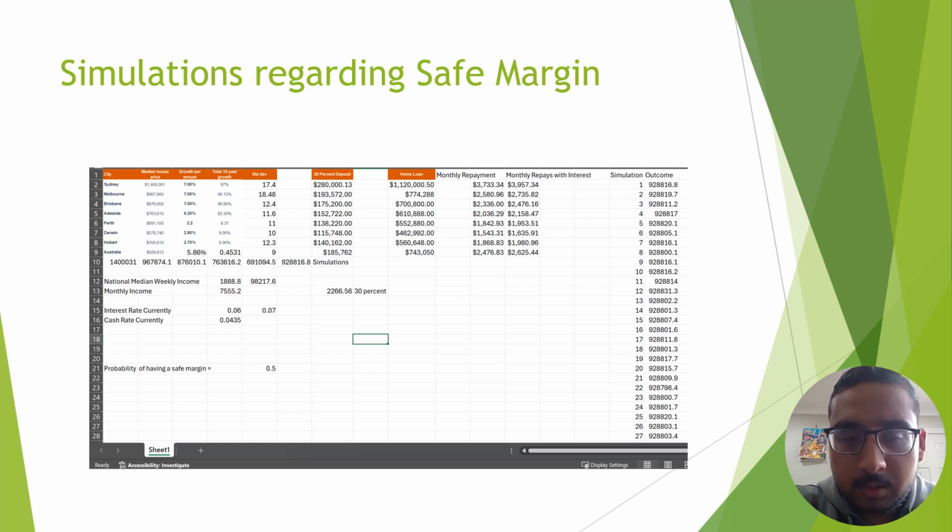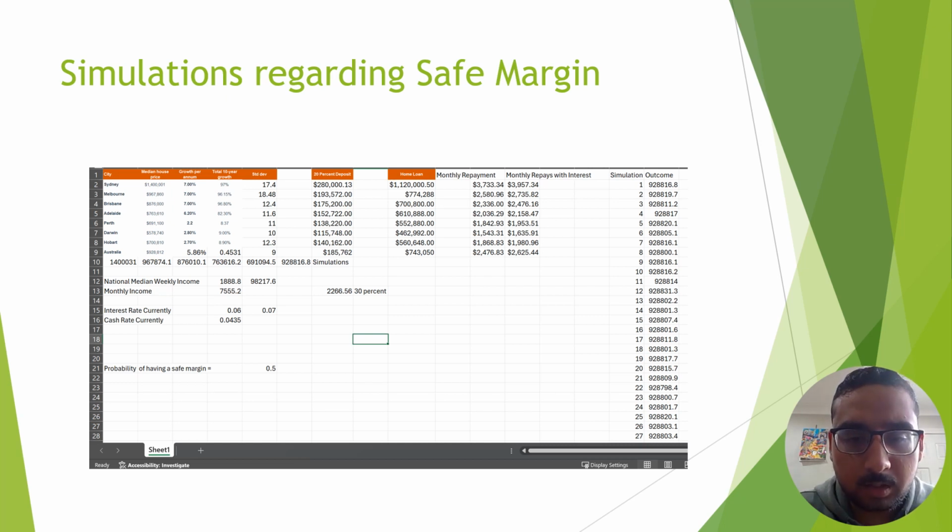And I have calculated the median house prices, the annual growth, the 10-year growth, and the standard deviation, which is the best measure of variation learned through BUSA 2020. And I have done what-if sensitivity analysis by calculating the 20% deposit and the home loan, and have done some Monte Carlo simulations, around 105 simulations to be precise, to make sure that I represent this data more